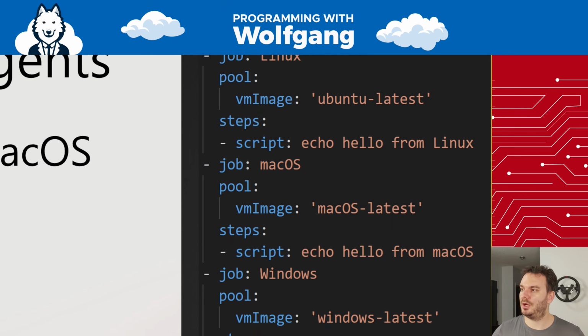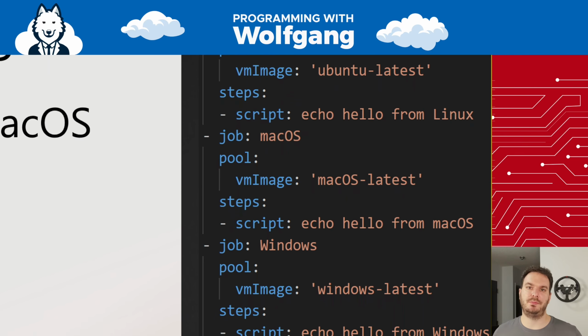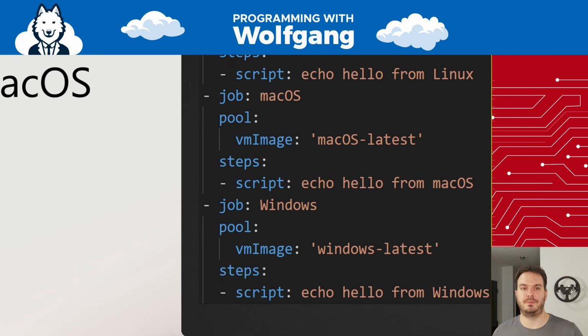For example, on the top here, we say the VM image is Ubuntu latest, and this means we're using the latest version of Ubuntu. Further down it's the same for macOS, and also for Windows all the way on the bottom. That's all I have to do. After this, I can already start writing my pipeline and it will automatically be picked up by an agent from Microsoft